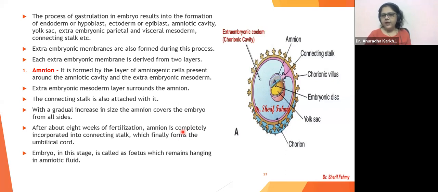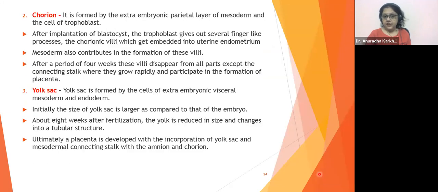Before I go ahead, just look at this, my dears. Can you see this amnion covering, which is coming over here? Look, this whole thing is the covering of the amnion. Did you see it? Yes or no? The outer layer is here also, and it's going over here also, sideways. Purple part, yes. Amnion is this entire one.